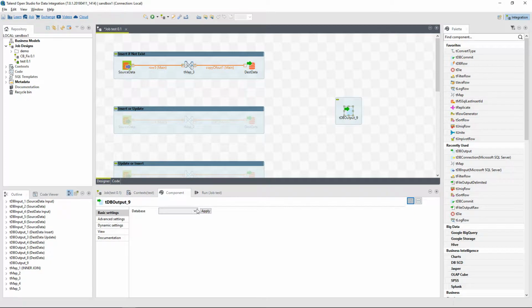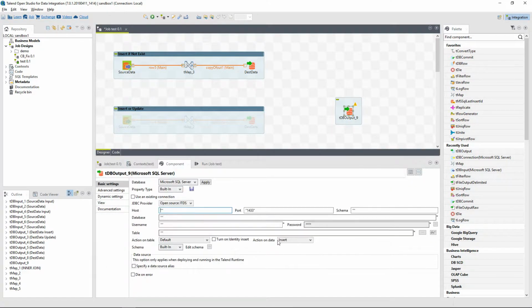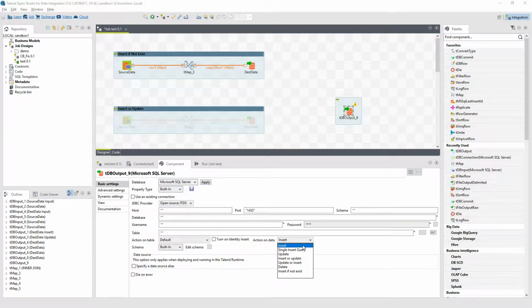Now in your ETL tool, you will often find different types of CRUD options for the output components. For example, in Talend, if we have a Microsoft SQL Server output component, we can see that we have different types of actions on data. We can do insert. We can do insert single query, update, insert or update, update or insert, delete, or insert